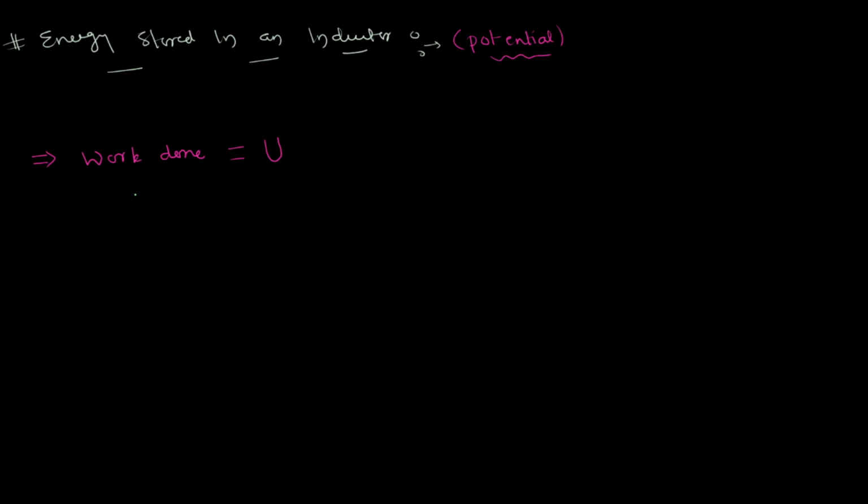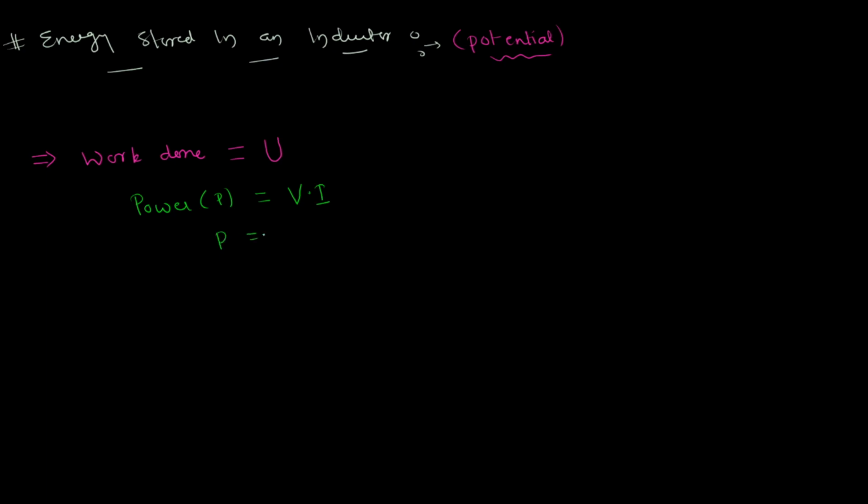Work done, maybe I can start with power multiplied by time is basically work done. So I'll try to start with an expression for power. Let's do that. It's an electric component, so I'll be writing the expression for electric power. So power P, as we know, is V into I. Power is V into I. Great.